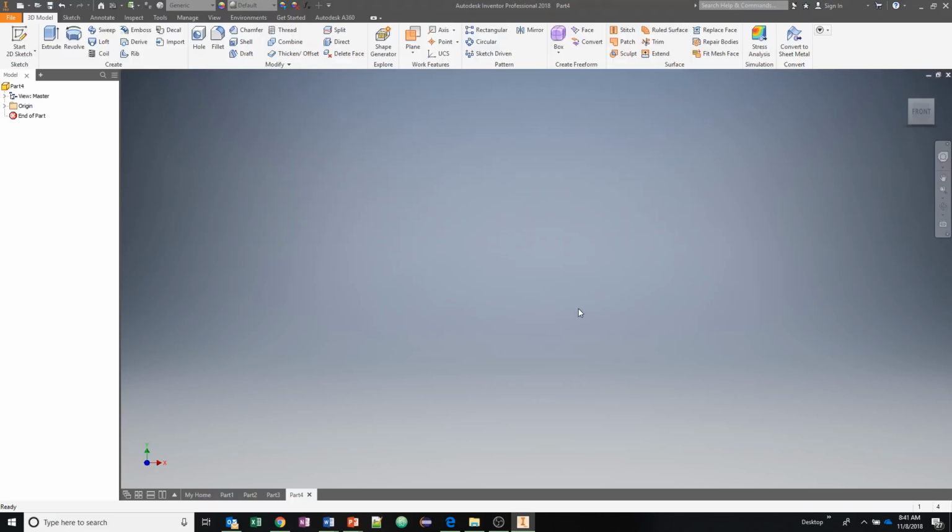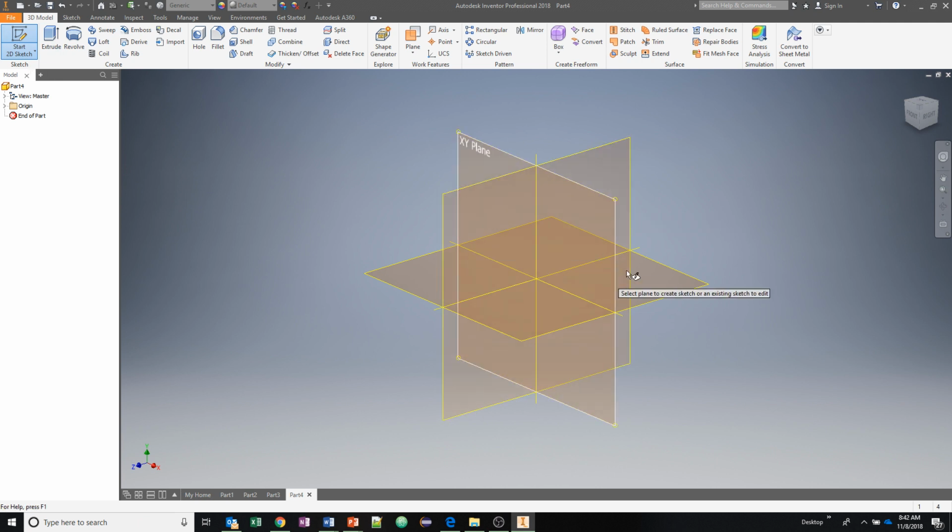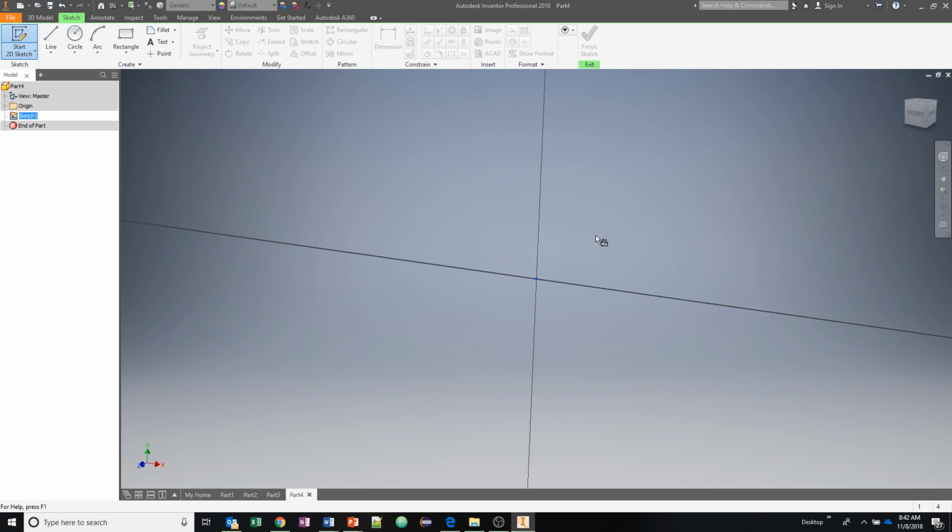Hey guys, we're going to start doing the subtractive method. So we just did the additive method there to create that part. We're going to create the same part, but instead of adding little bits together, we're going to take a block and start cutting away from it there. So we'll start off the same way here, new part, and then I hit start 2D sketch